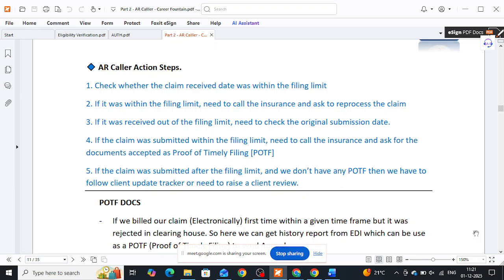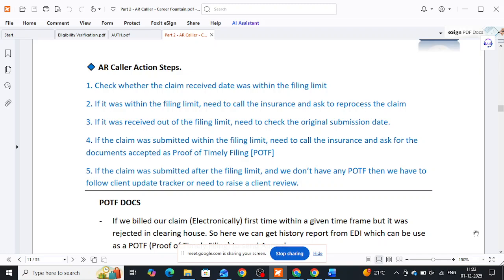Generally, we try to get a payment within 15 days only, because Medicare is the fastest insurance. They process within 3 days only and release the payment. If everything is correct, they release the payment within 3 days when we file the claim. But in case we file our claim tomorrow, with today's date of service,